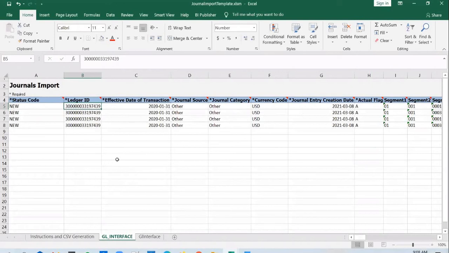From there, I extract the data and run the package which validates the data against the ERP configurations. If it goes through fine, I will generate a CSV file from that package and place it at a particular location. From there, I can directly pick it up and load it into ERP Cloud.